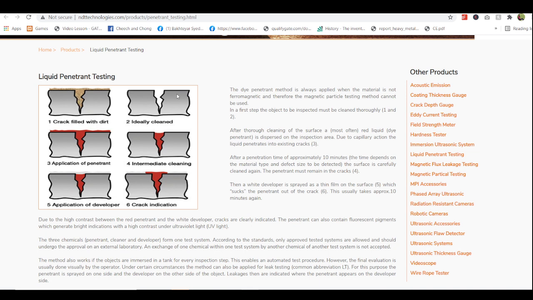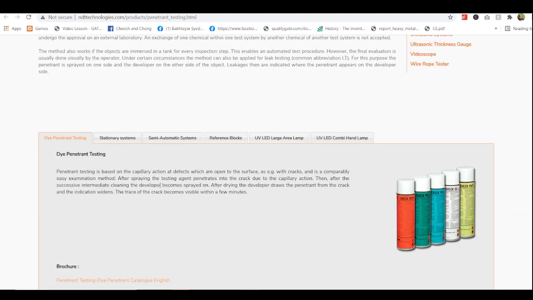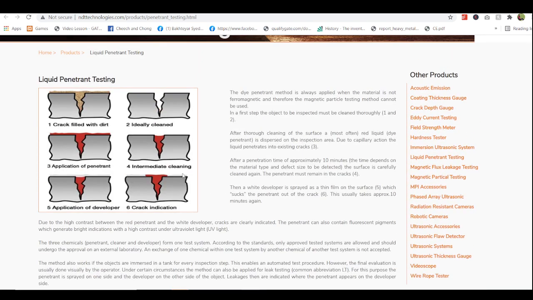We wiped off the dirt, and this crack is cleaned up. Then we applied red dye and wiped out this dye, but in the crack the dye remains, and after that we applied a different color, so we got to know the location of the defect. So this is least cost. These are some of the dyes which we use. So this is the liquid penetration method.